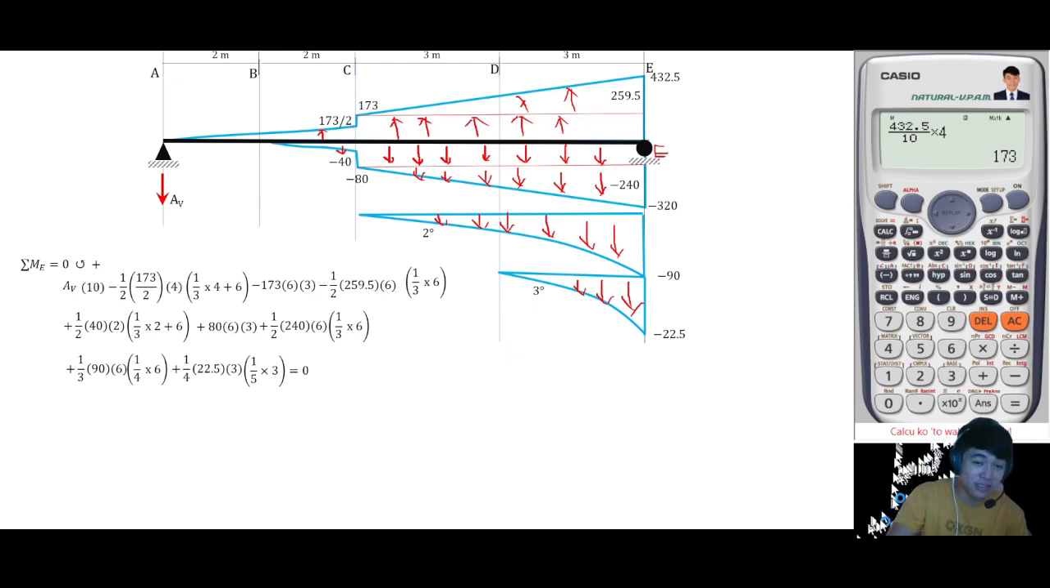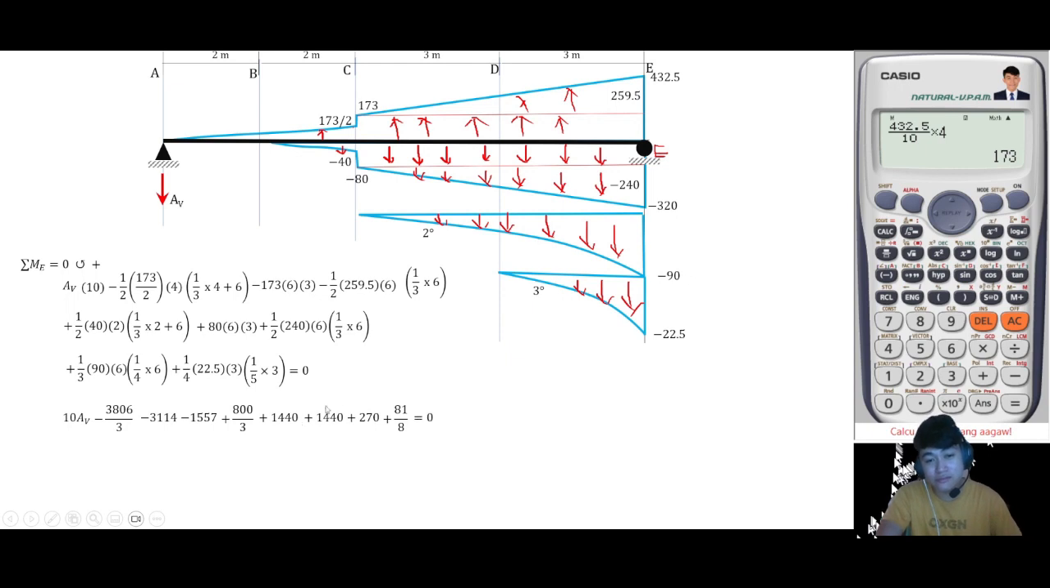If that is positive, meaning the direction of AB is downward force or negative shear, di ba? Pababa. Okay, so actually this will not fit on your calculator. So the technique is just solve each term, solve mo isa-isa yan, each term, para magkasya sa calc. Now, therefore, AV is